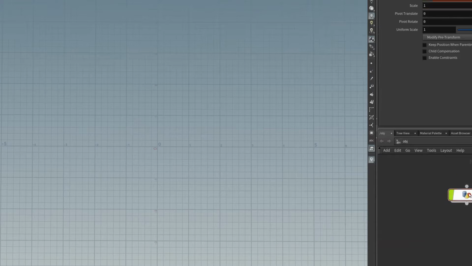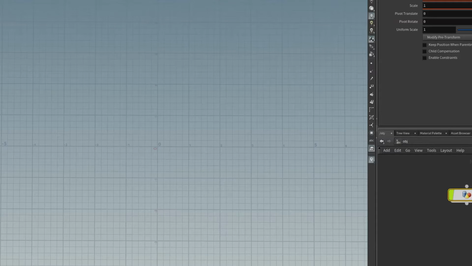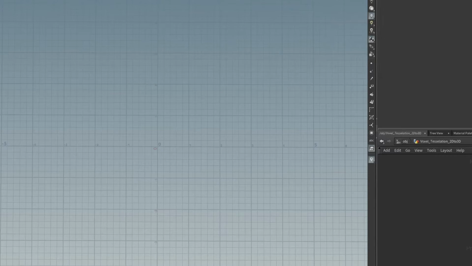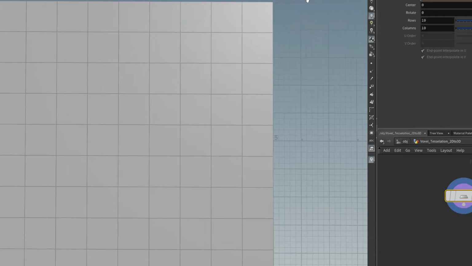How Houdini works is that once you make a node, there's also something embedded inside of it. So now we're under Geo 1. Just for clarification, I'm going to name this voxel tessellation 2D to 3D. Okay, so we have this name here, and inside of that, we're going to make the grid. Grid is here, and now it's 10 by 10,